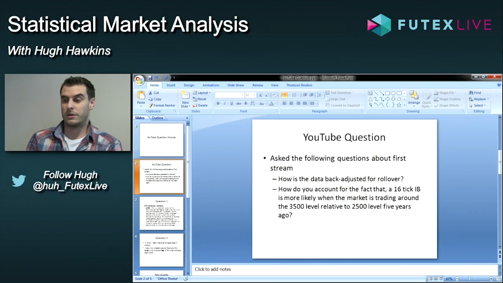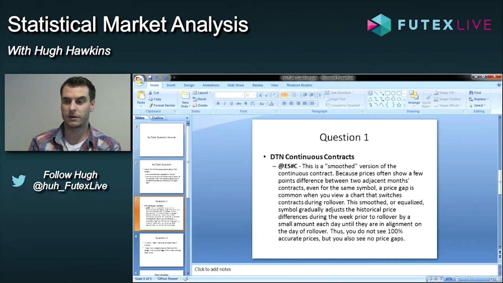So, a guy asked, how is the data back adjusted for rollover? And then he was interested to see whether I was taking into account a 16 tick range for a market that's trading, let's say, 3,500 versus a 16 tick range on a market that's trading 2,500. So the first is equivalent to about 0.6% and the latter being 0.4%. So they're slightly different. So I'll go ahead and answer the first question, and this is pulled directly from Market